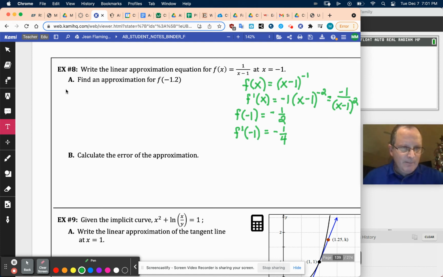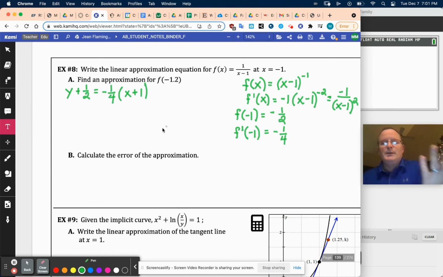All right, so our line would be y minus y1, which would be plus 1/2, equals negative 1/4, and then x plus 1. Perfect. Okay, so then if you like, using the notation that we used earlier, that'll be fine. That means that f of x can be approximated using the line